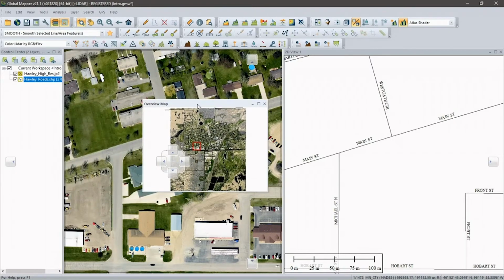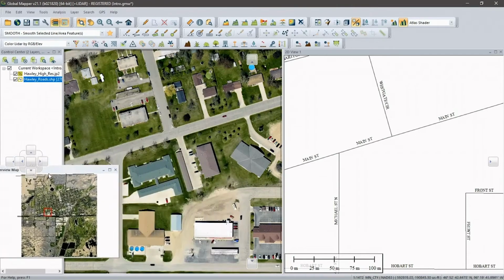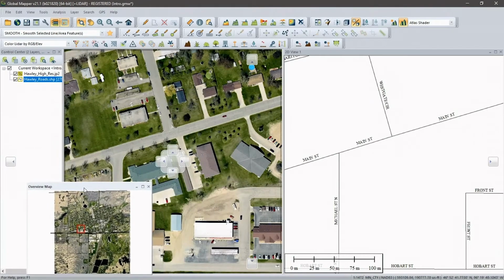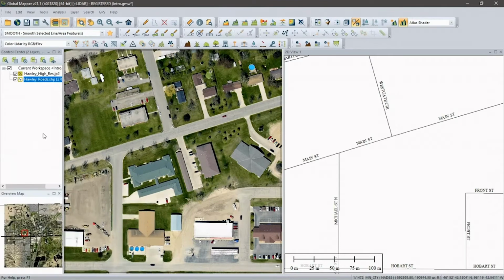Again, this is dockable. You'll notice as I drag it around, it's prompting me to dock it either within the context of this window or within the context of the entire screen. Now, I'm actually going to move it over here to the left. I want to dock it right below the control center. And now you can see very clearly where I am in the context of the extent of this little town